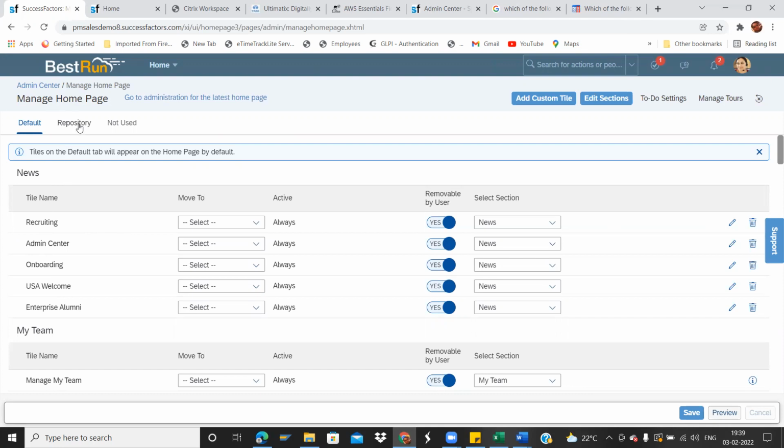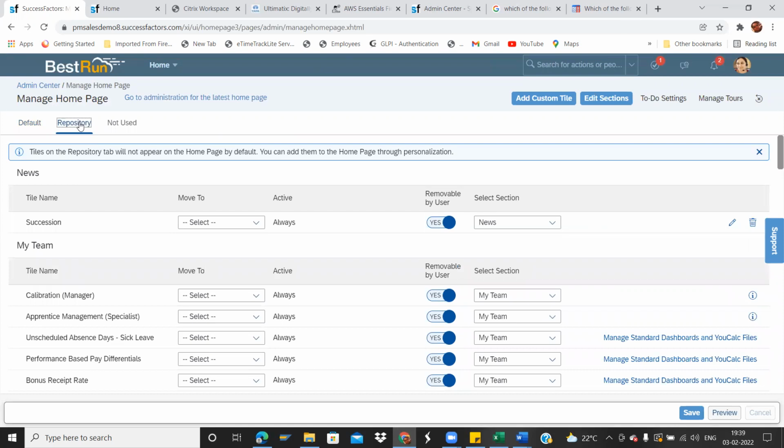And then Repository. What is Repository? For example, if you are working in any business, like if you are having a shop, then certain items available in the shop are seen by the customer directly when you enter the mall. Those are default.